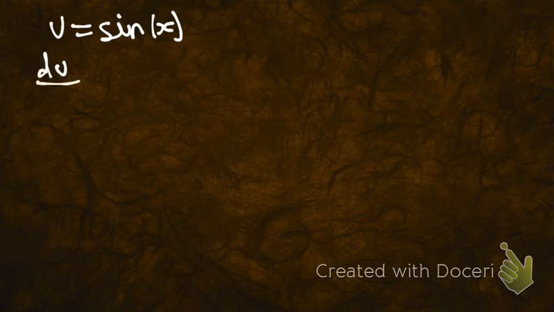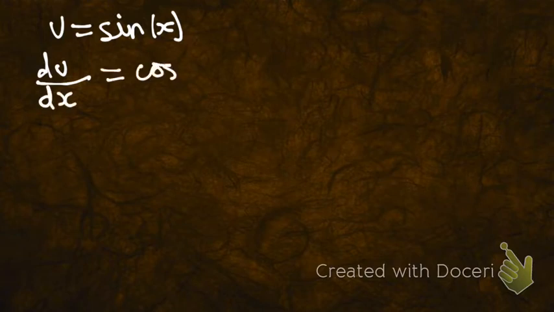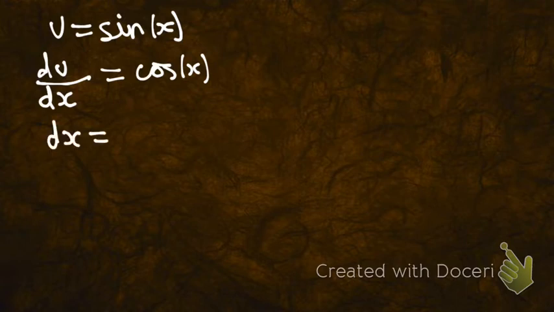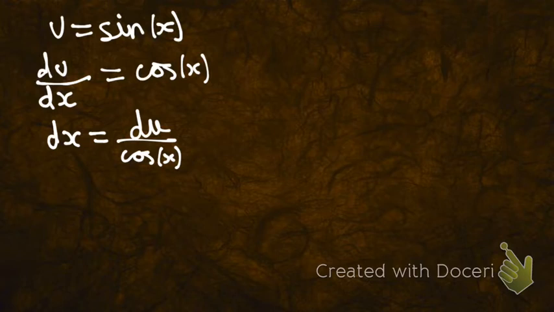And we're going to first differentiate our u, which is cos x, as we said earlier. Isolating our dx, making the blasphemy of treating it as a fraction, which it isn't, we get dx equals du over cos x,